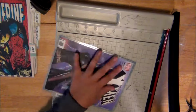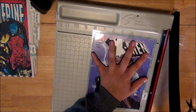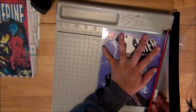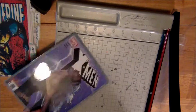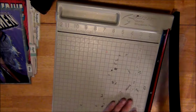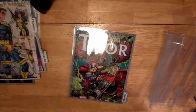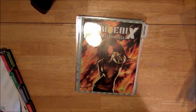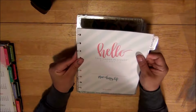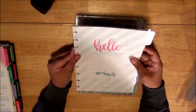And then when I am doing the side that has the tab, I'm not going all the way down. And the reason for that is because obviously I don't want to chop off the tab portion, but I am using scissors to cut around the tab area. Now I am going to bring over just the little template that I used, and I'm pretty much just gonna start cutting the holes, you guys, and